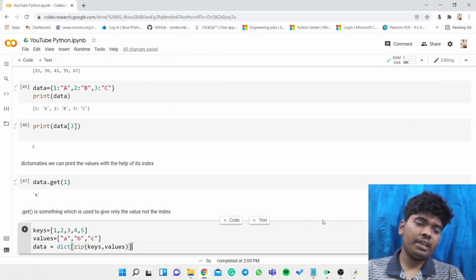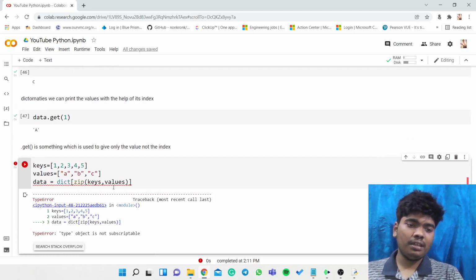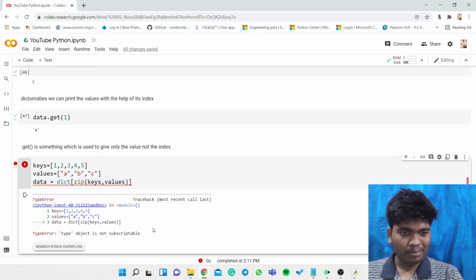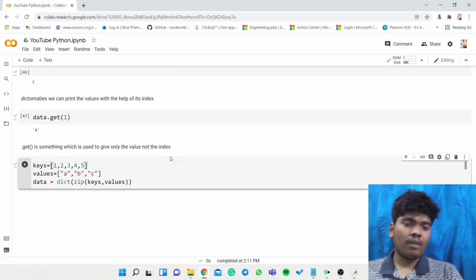So we are just putting in the data place. So in the place of data we are just putting these things as a dictionary. Type object is not defined properly. Yeah, okay, fine. Actually I had placed the square bracket, but now we need to place only the normal ones.